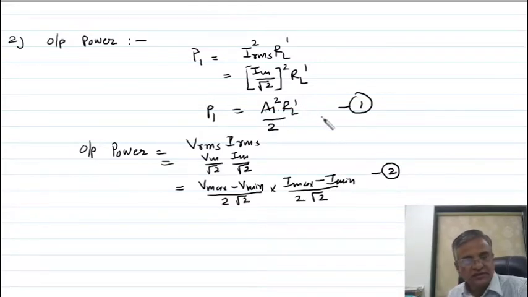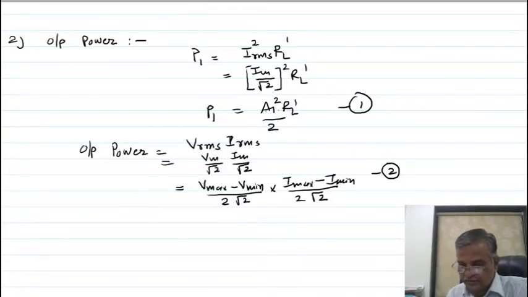So in this topic we have discussed only the two equations. You can calculate the output power from the equation A1 square RL dash by 2. You can also calculate the output power by this equation, which is measured on a CRO. With the help of a CRO you can measure V maximum, V minimum, I maximum, I minimum, and you can calculate this. Okay. So this gives a more accurate value compared to this.